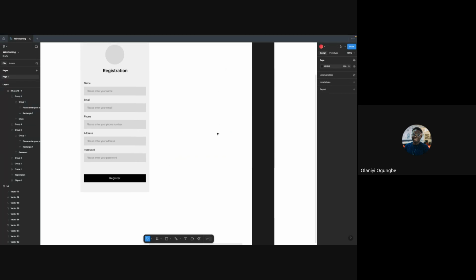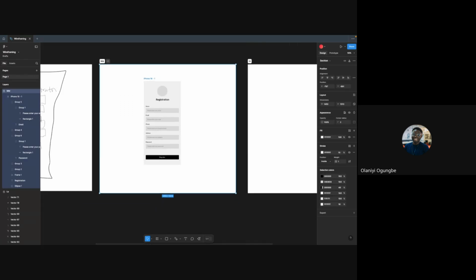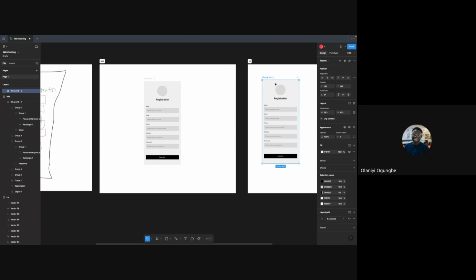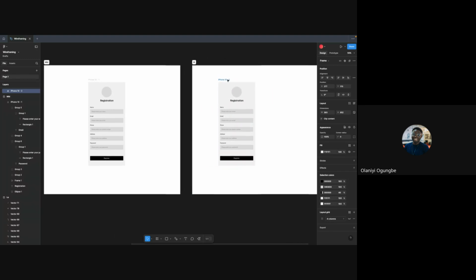Okay, we have spent a lot of time, so let's do the high fidelity real quick. What I try to do when I want to draw high fidelity, since I know my mid fidelity is very close to my high fidelity, it's just colors and the proper typography, is I duplicate my frame from the mid fidelity, Command D. Let's bring it here. So what we want to do is put a logo.